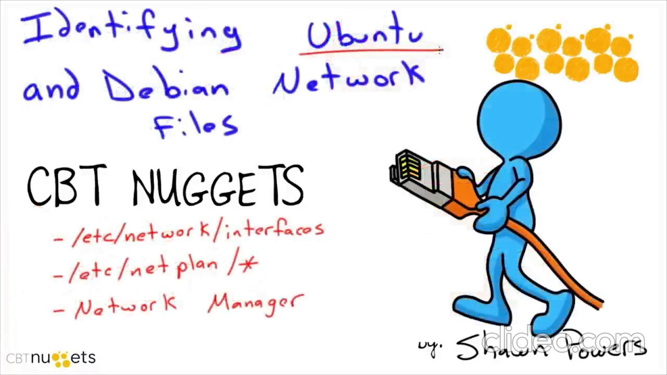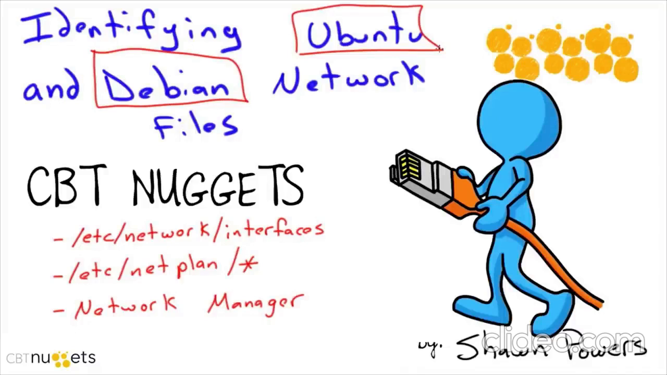Ubuntu is one of the most common distributions out there, but it's based on and built upon Debian. So when we look at configuring one, it's very similar to configuring the other, and that's the case with network files. Now, I want to show you where to find the different network files on an Ubuntu or Debian system,